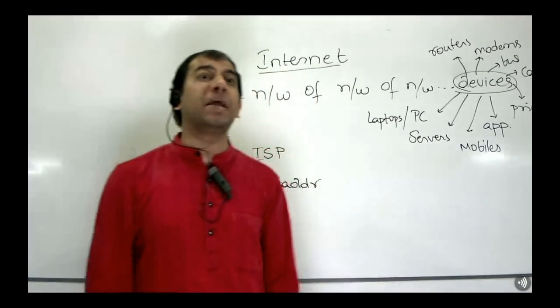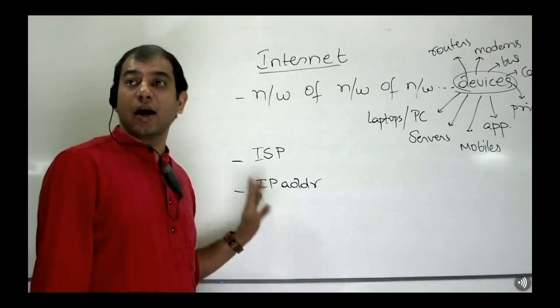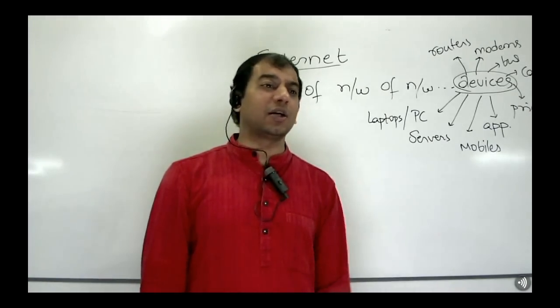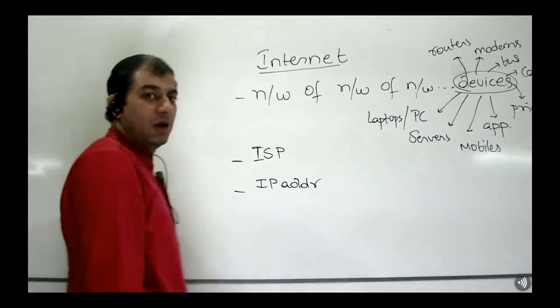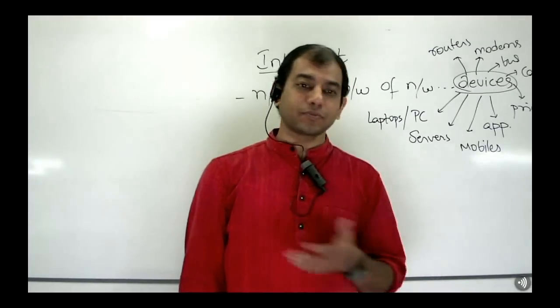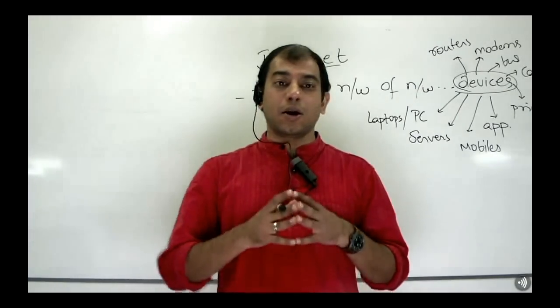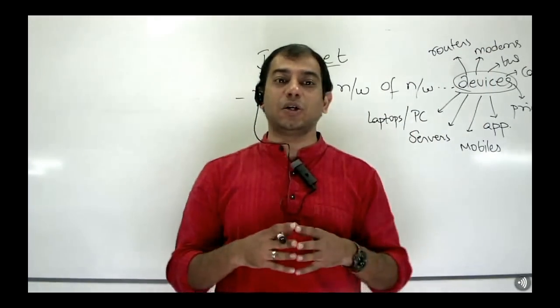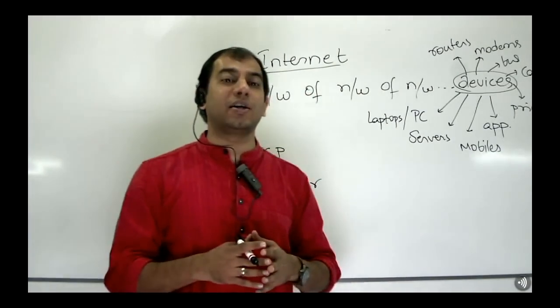If there are 4 billion devices, each device must be given a unique IP address, isn't it? But how does that work? Well, let's understand this ISP. Is there one ISP in the world, or are there many ISPs? Many ISPs, obviously. They are region or locale specific. Companies will apply for this ISP certificate or subscription.